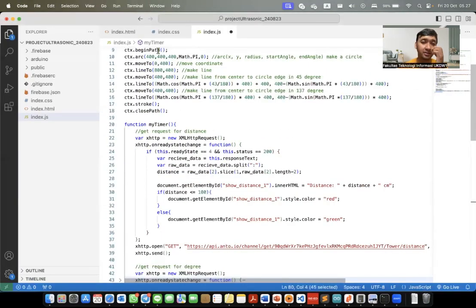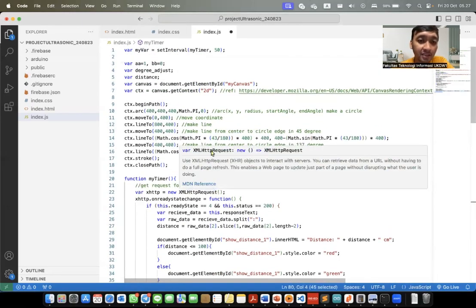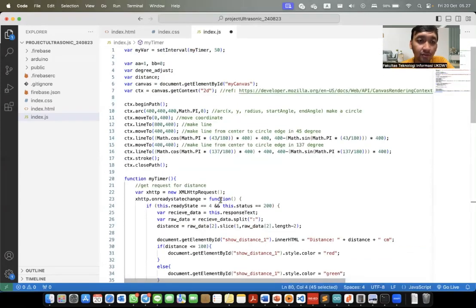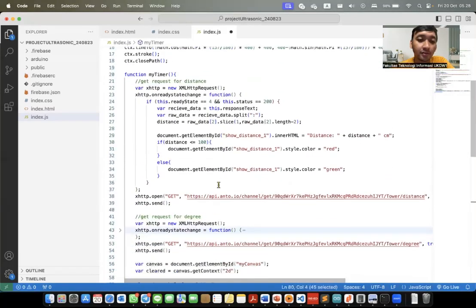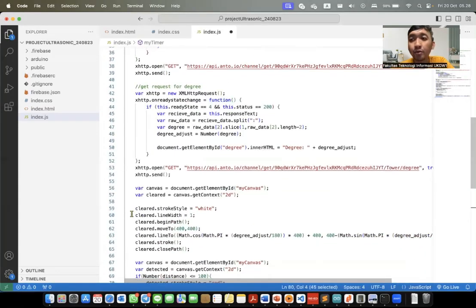Yeah, these are the three files for the web application. After we write this code, we can deploy it to Firebase hosting, with our Firebase hosting configuration.